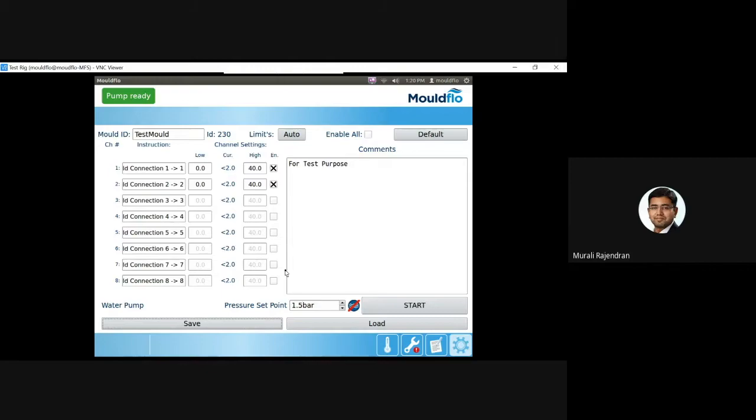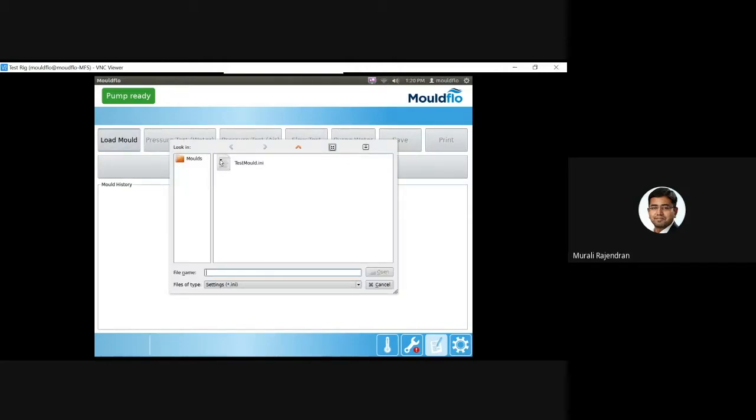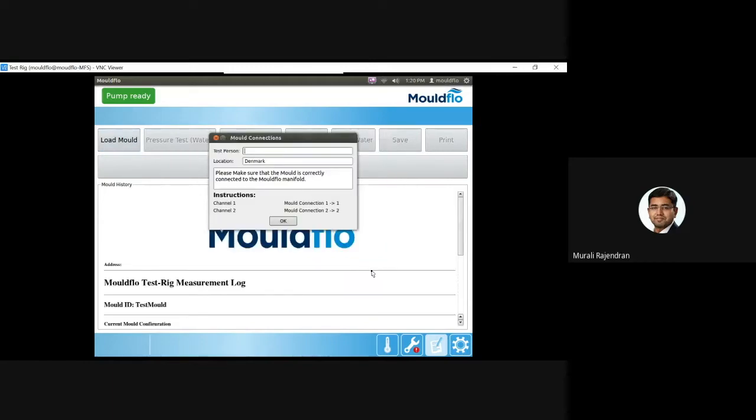The next step after creating the mold is to click on the notepad icon, which is the testing screen, where you like to test the mold, perform some tests on the mold like flow and pressure tests. In order to do that, I just click on the load button, and then I can find the newly created mold, which is the test mold. I select that, I click on open,